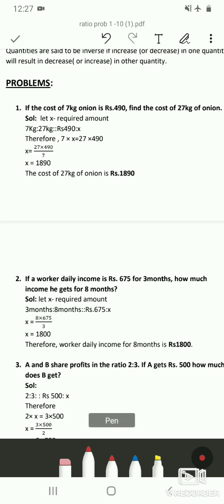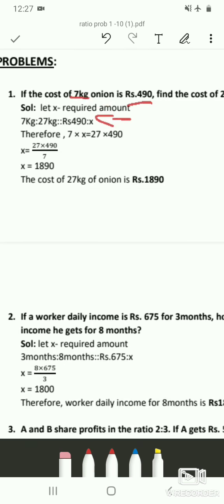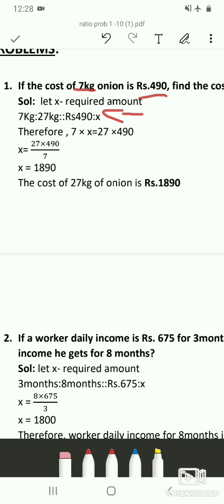Also note that if it is of direct proportion, the given quantities must be written in the antecedent of both the ratios. So therefore we have got this proportion, and the next step is, once you get the proportion, we had seen in the previous class the rule of 3, wherein you can find out the unknown quantity given the 3 quantities. So when you know 3 quantities, the fourth quantity can be obtained. So we will use that rule of 3 over here.